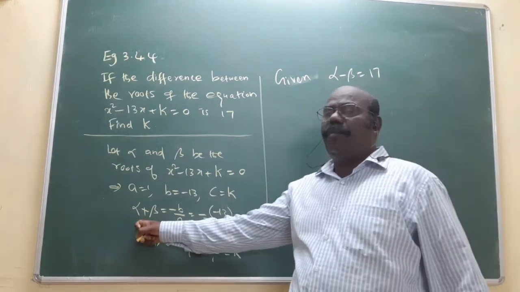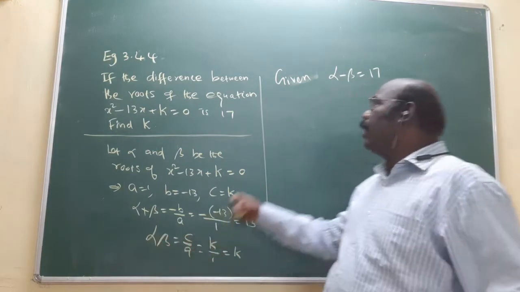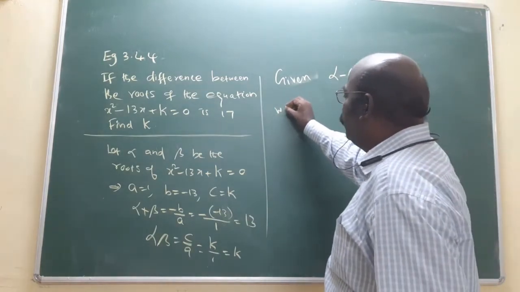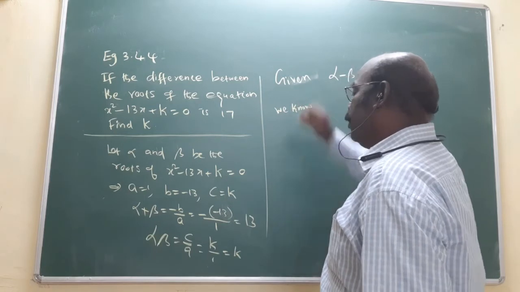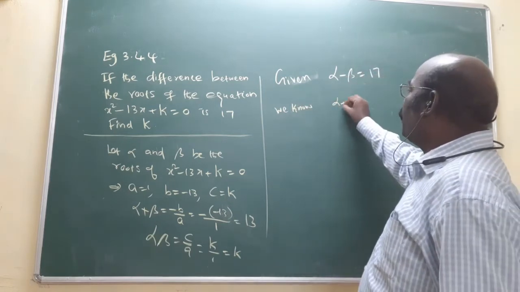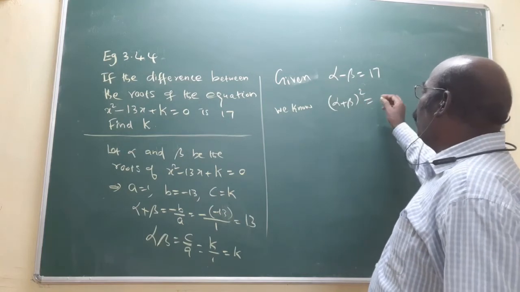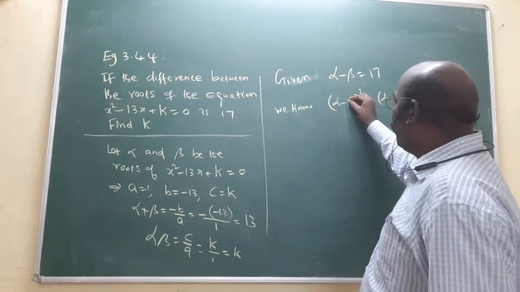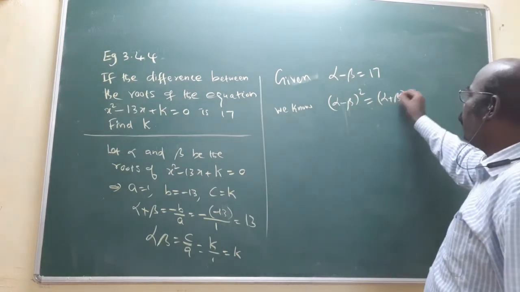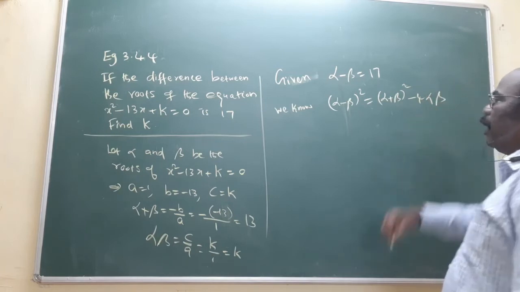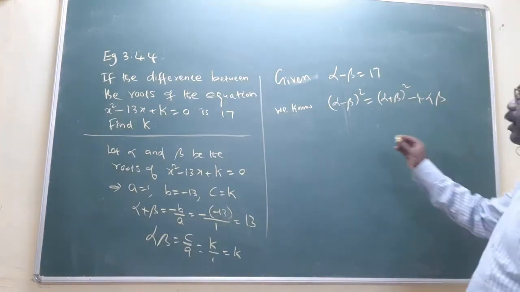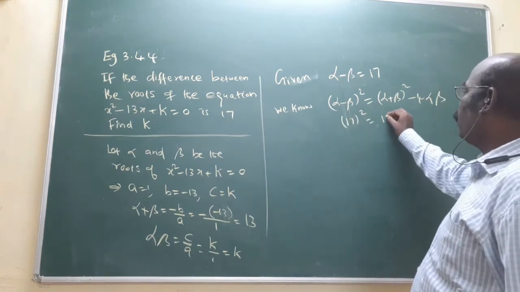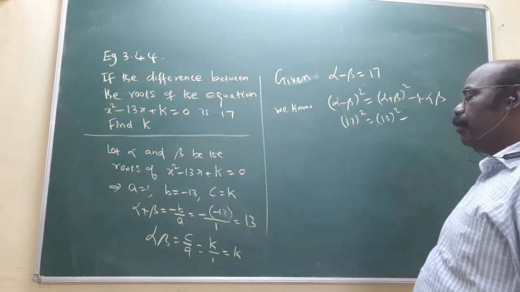Already we know the values of alpha plus beta and alpha into beta, and alpha minus beta. These three terms are involved. What is the formula? We know one algebraic formula: alpha minus beta whole square is equal to alpha plus beta whole square minus 4 alpha beta. This is the formula. Substitute all the values: 17 square equals, alpha plus beta is 13 square, minus 4 into alpha beta,